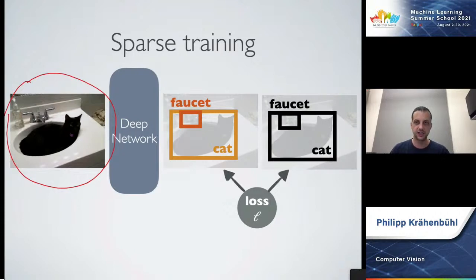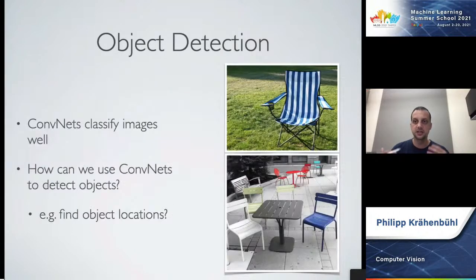And so this really changes the way we think of deep networks. It will change the way we set up the network. It will change the way we produce outputs, and it will even change the way we think about loss functions, right? And so the very first thing we're going to look at is how do we use a deep network to even produce these weird, different sized outputs.